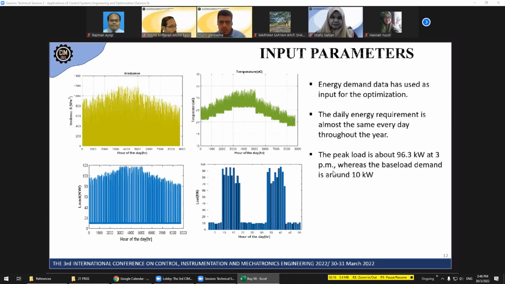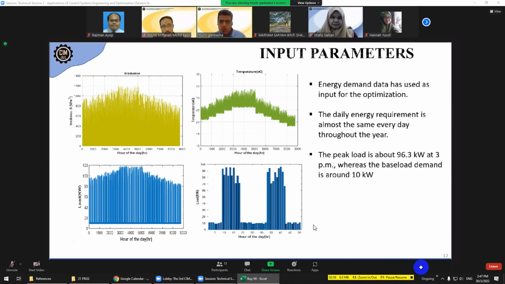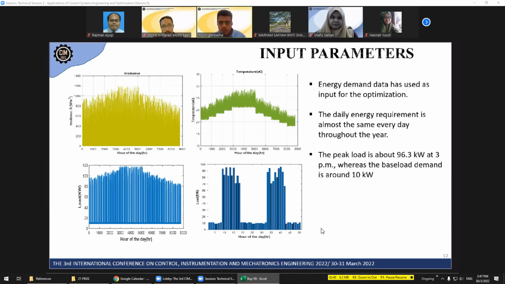This slide shows the input data for the target location, which includes temperature and radiance with the load profile. The daily energy requirement is almost the same every day during 1 year. For 1 day, as shown in this diagram, the peak load is about 96%, and the base load demand is around